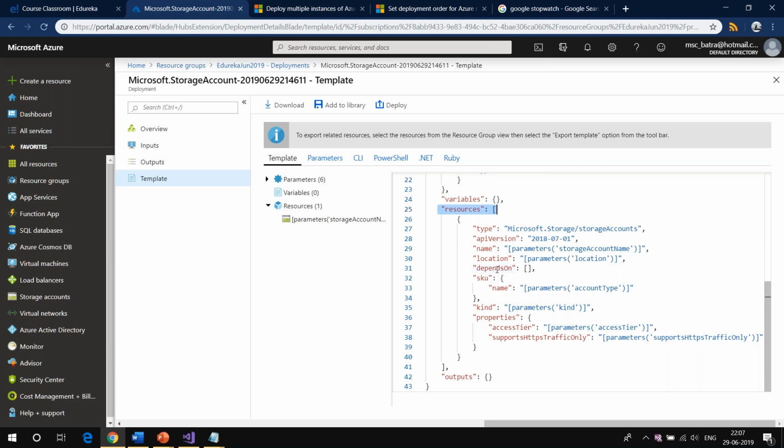Now think about it. If you are working on an application and creating resources in the dev environment, and tomorrow you want to do the deployment, are you going to do the deployment by coming to the portal?